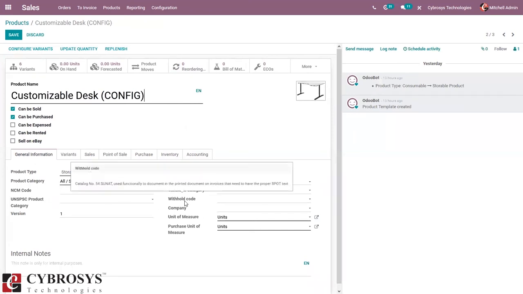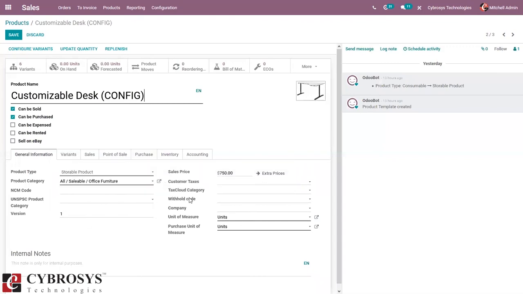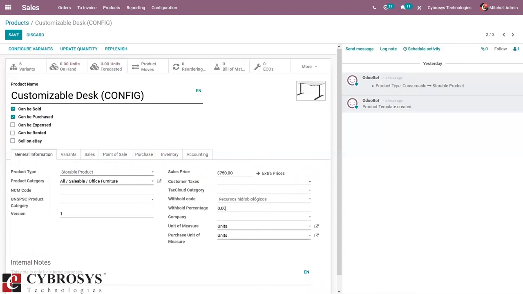So here we can find withhold code, and you can set withhold percentage.